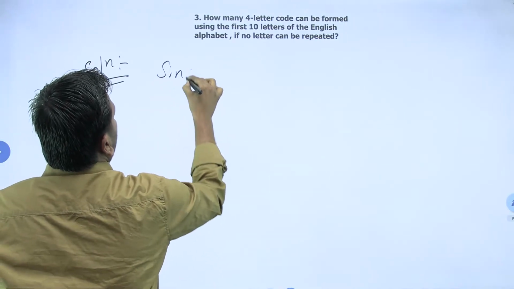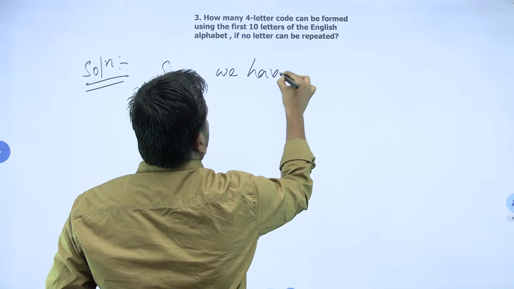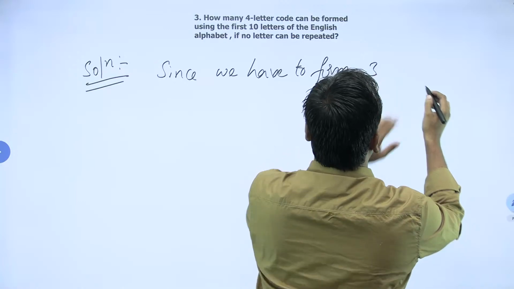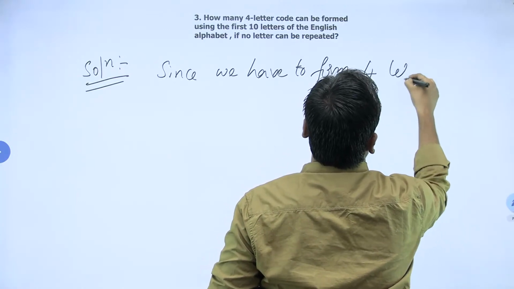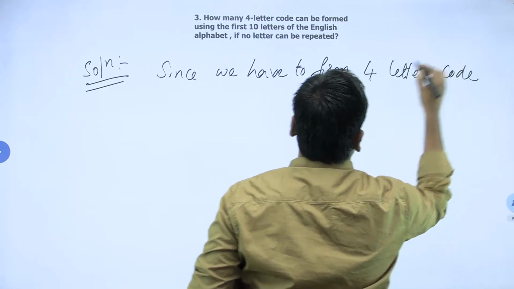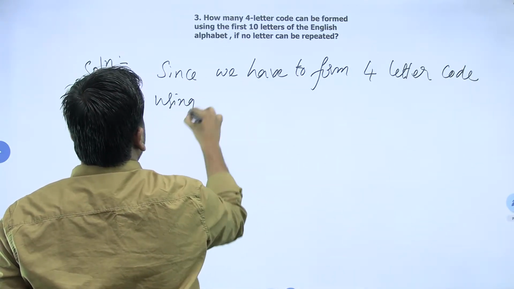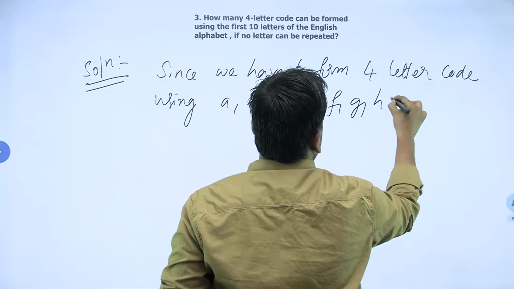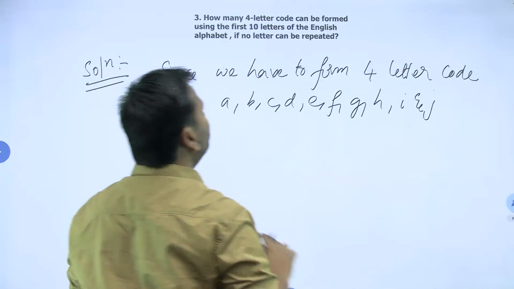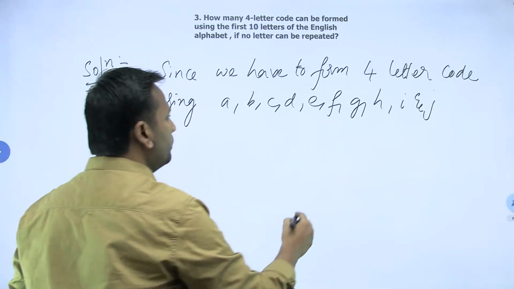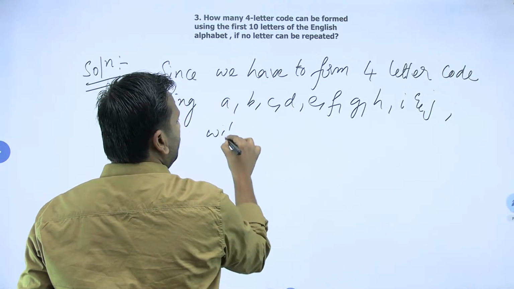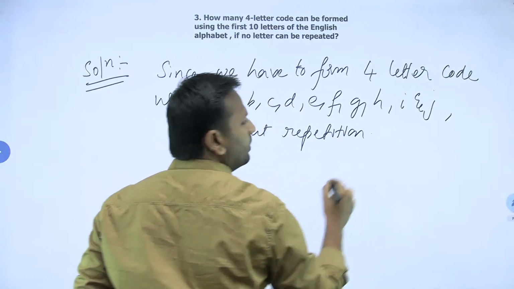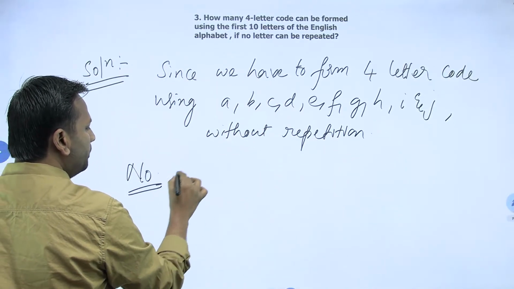Since we have to form a 4-letter code using A, B, C, D, E, F, G, H, I and J, the first 10 letters of the English alphabet, that too without repetition. This can be done in how many ways, students, now? Number of ways will be